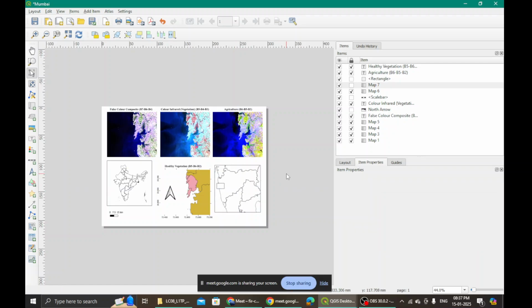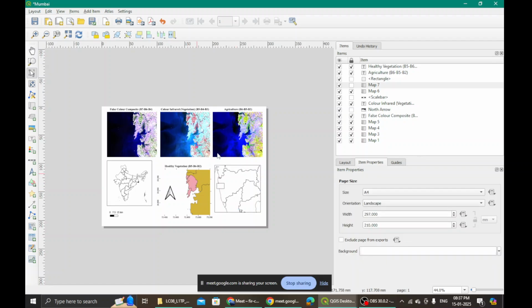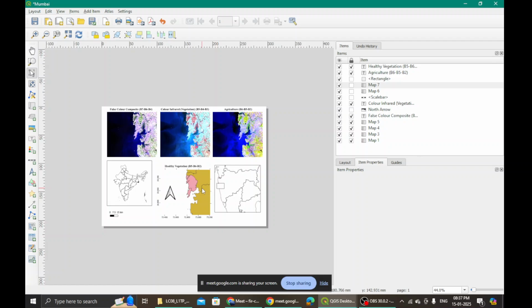Okay. All right. Anything else that you would want to add? You would want to make multiple maps, right? You would want to make a study area map. Right now it is not really in order, right? So I will make this.